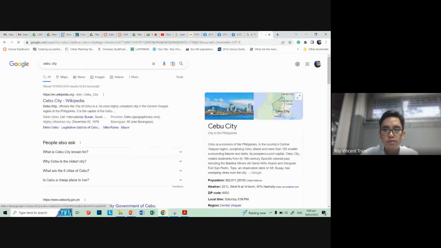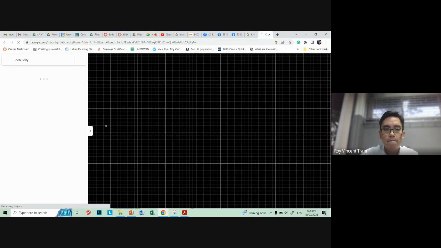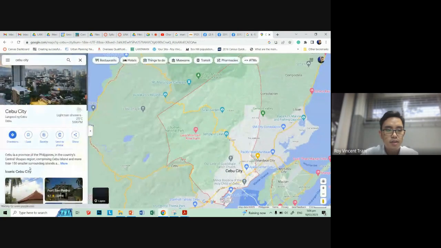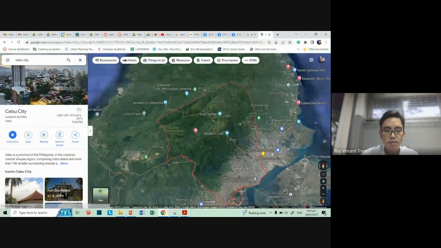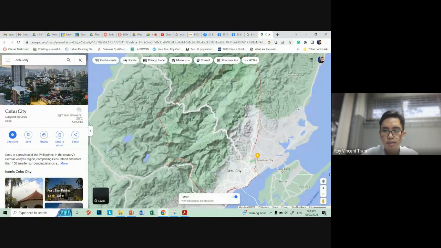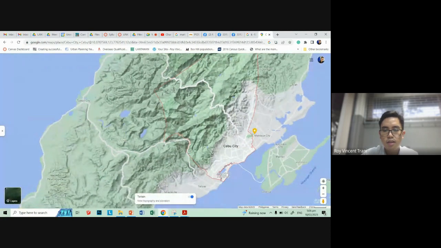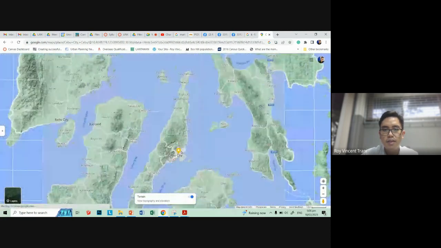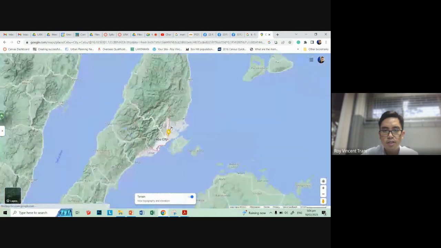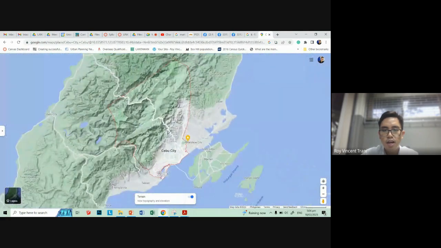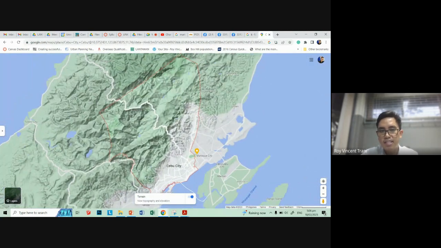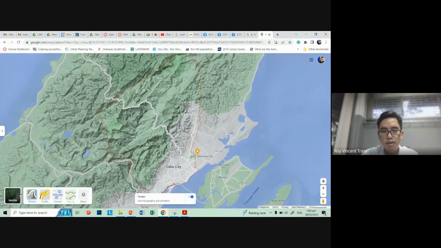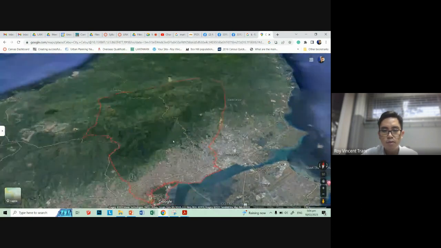And so let's switch to 3D, if I can do 3D. Yes, like that. And then let's turn on the terrain. I can't have 3D for the terrain. Anyway, so we are here, Cebu City, in the middle of the province. Notice that about 70% of our land is kanang hilly or mountainous, which makes it difficult to develop, but we still develop it anyway.